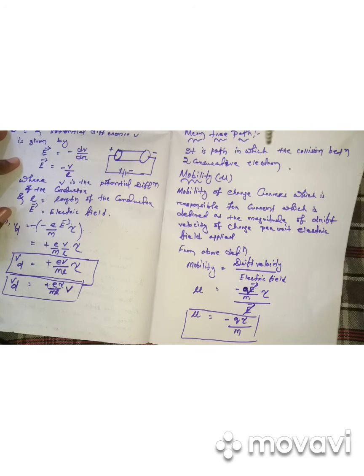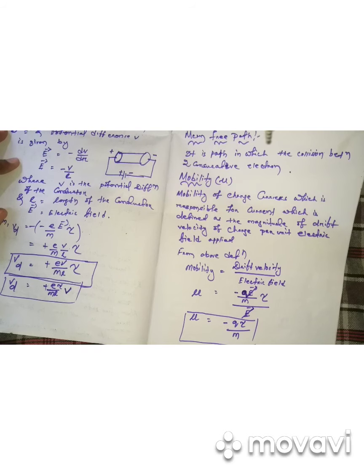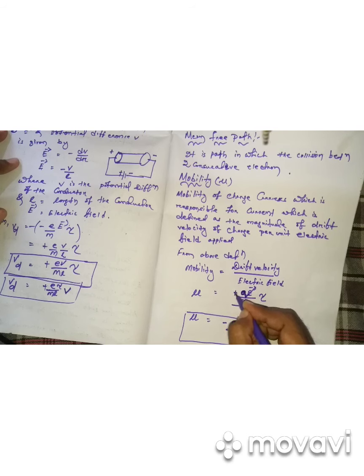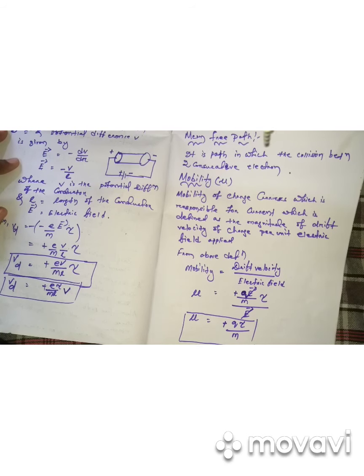Clear? So in drift velocity, q is represented as e. I have already discussed this before. q can be represented as e, so it is represented as minus e. In that case q is plus q here. Clear? If you represent q in terms of e, that is the electron, the charge of an electron is always negative, so you put a minus sign here. Otherwise q is always positive in nature. If you represent q as an electron, it becomes minus e.